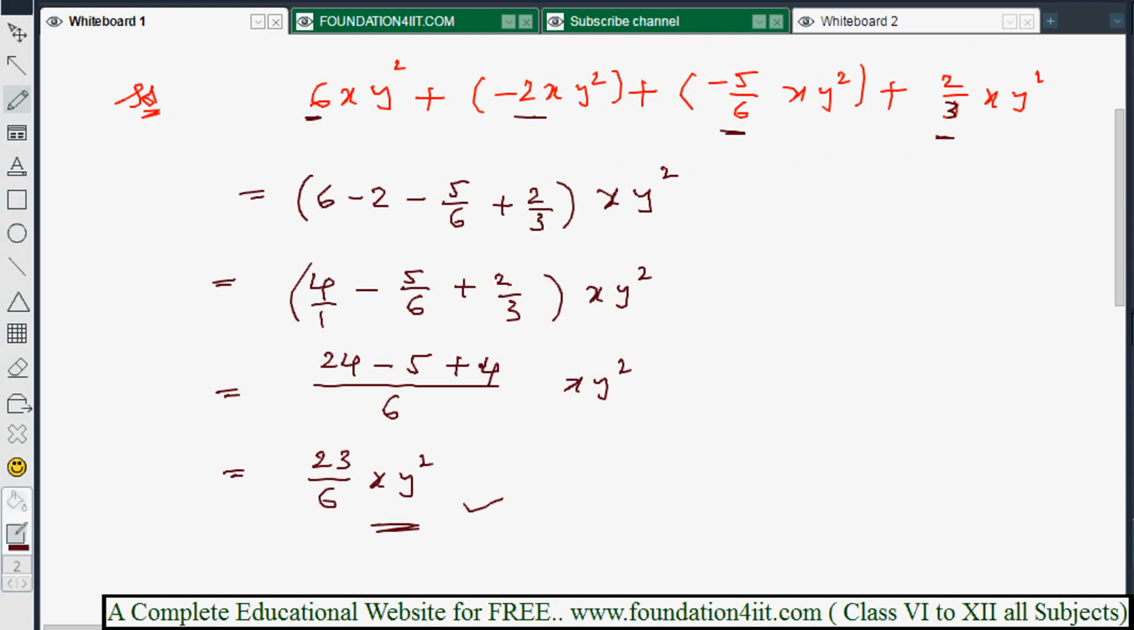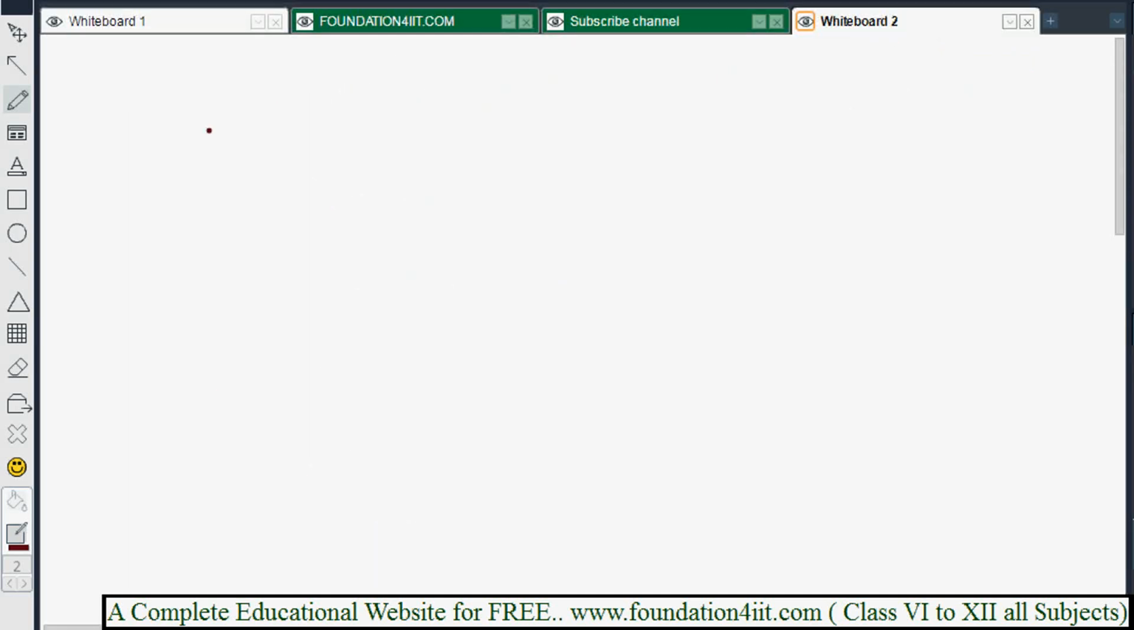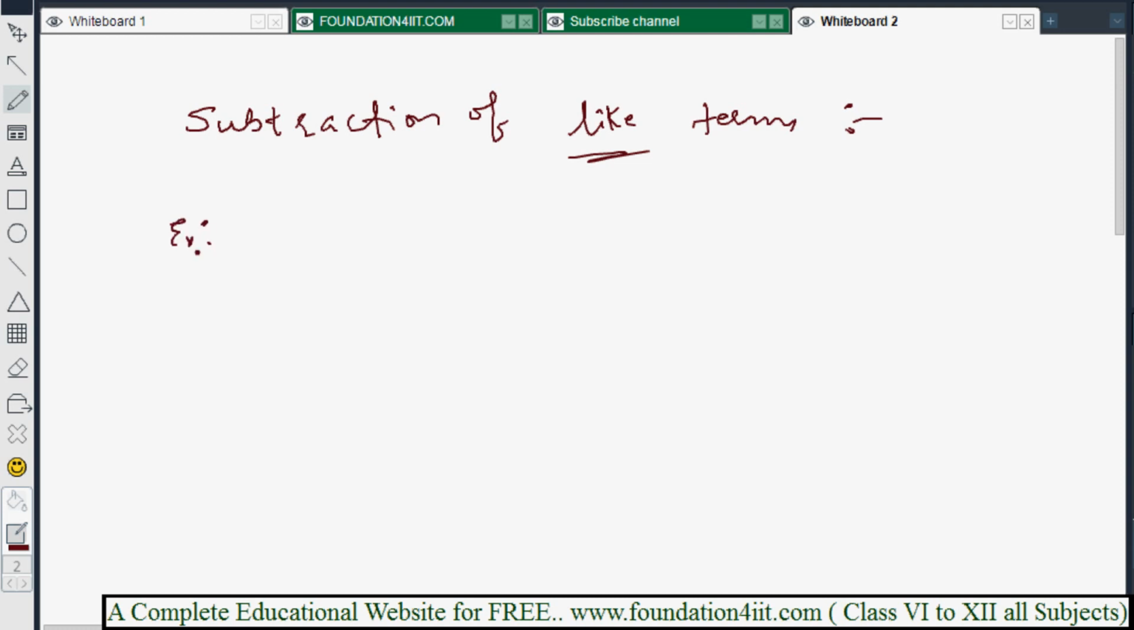Now similarly we can do subtraction of like terms also. So see here, subtraction of like terms. Same how we did addition, we need to do subtraction for these terms. Only for like terms we'll see first now. So that means the variables are same. Now for example, take subtract. Addition you can take any number of terms, but subtraction should take only two terms